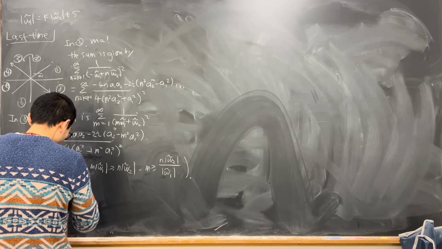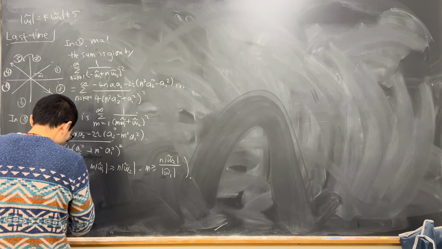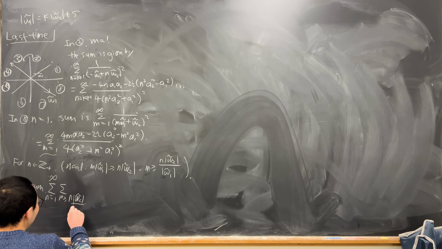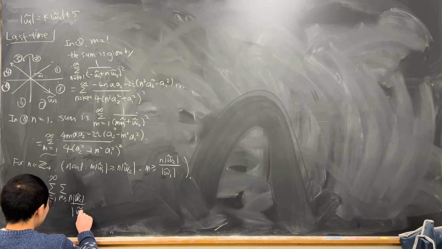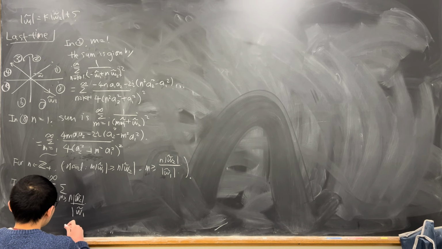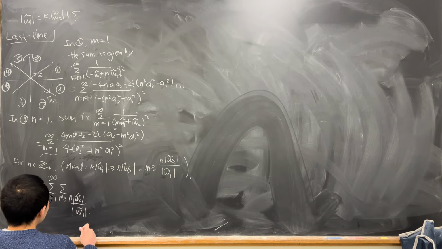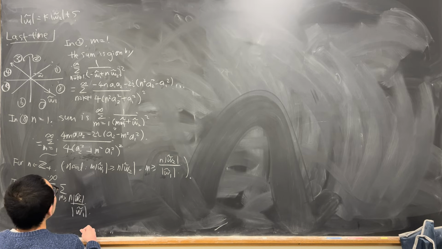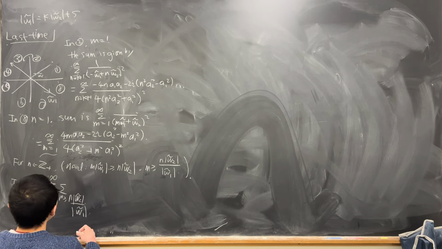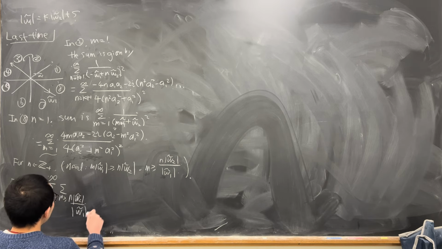So m omega 2. M is the integer that's bigger than or equal to this, the smallest integer that's bigger than or equal to this number. And then so this is equal to what? This is equal to, okay, so now